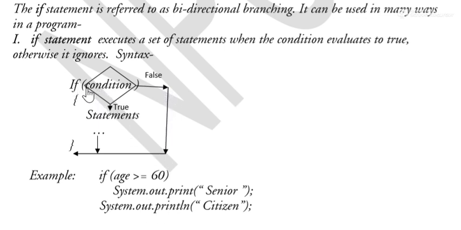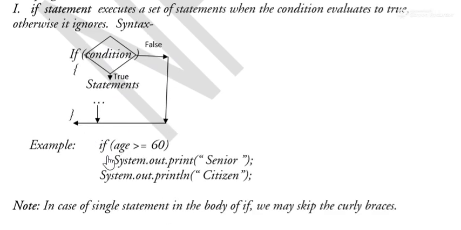Here in the syntax of if, we write the condition just after the if keyword, and the true statements are written in curly brackets. When the condition evaluates to true, all statements under this curly bracket get executed. When the if condition evaluates to false, then program control moves after the if block. If there is a single statement inside the if block, then we can omit the curly brackets.